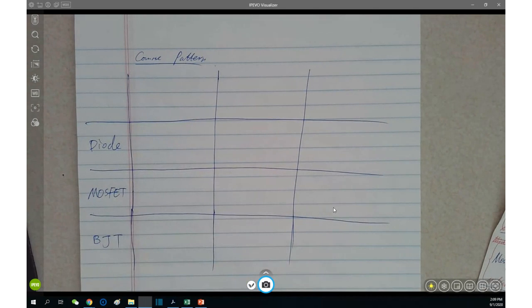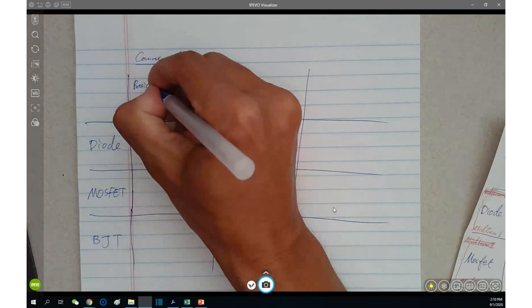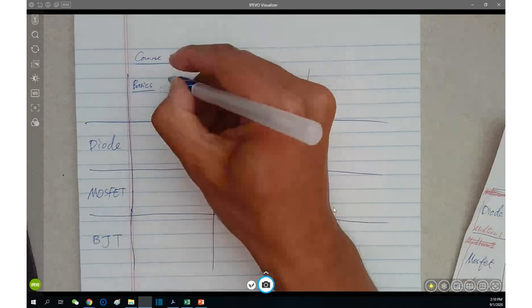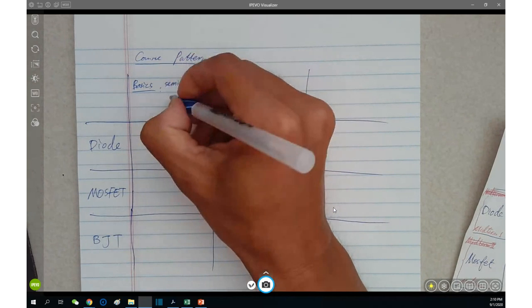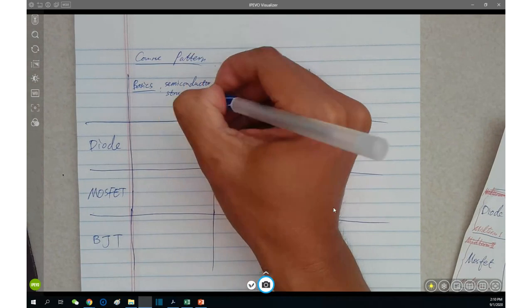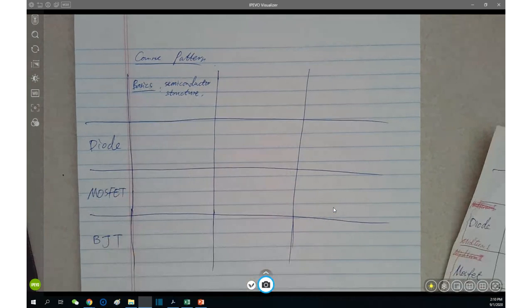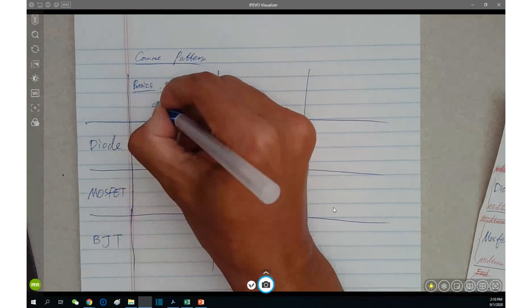We're going to learn them chapter by chapter, module by module, of course. However, all of these three are following the same pattern. What do I mean by same pattern? It means this. First, we're going to learn the basics of that particular component or device, including the semiconductor structure. It is quite a bit of physics knowledge, but we will try to simplify it for you to understand the basics. That will be enough. And the circuit symbols,